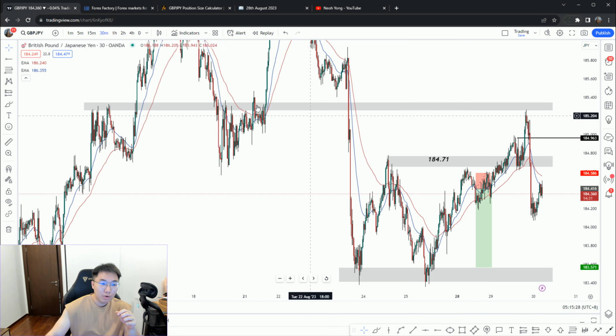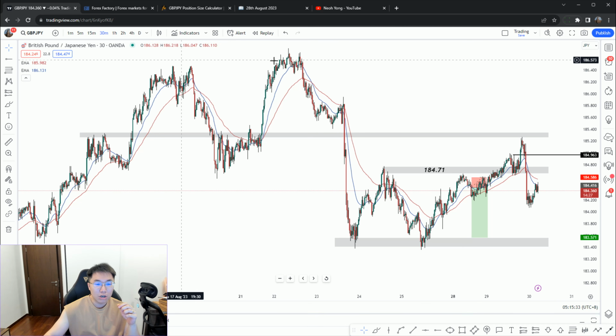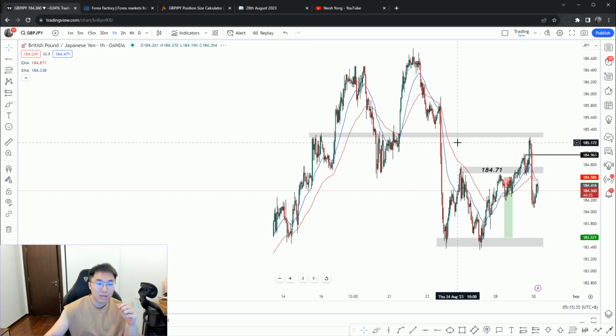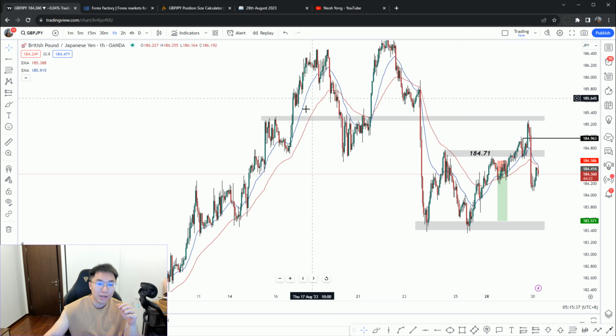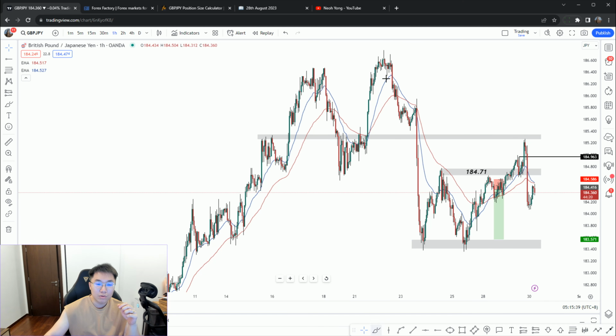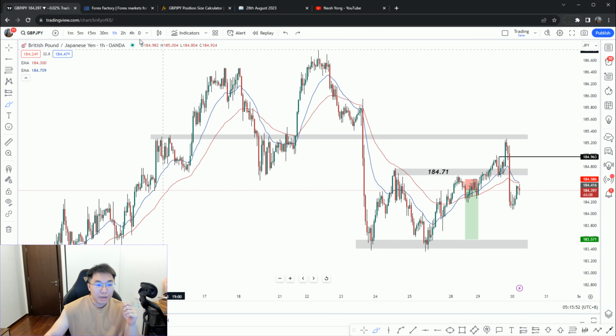So pound yen, we were looking for a short. On the 30-minute chart, obviously we have a double top. If you go to the 1 hour, it's technically the same thing. We have a beautiful uptrend. We have a double top. That was when our community went on fire. We took a short here, a short here, a short here. All of them were correct. Then price proceeded to push. So I took a loss here because on the 4 hour,